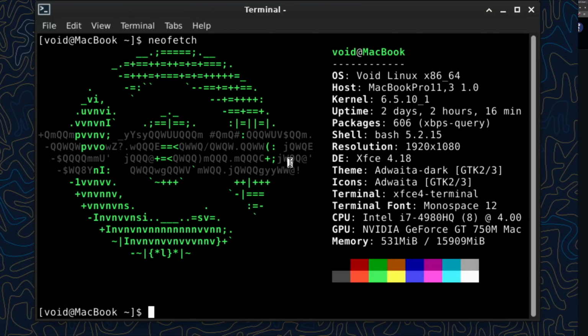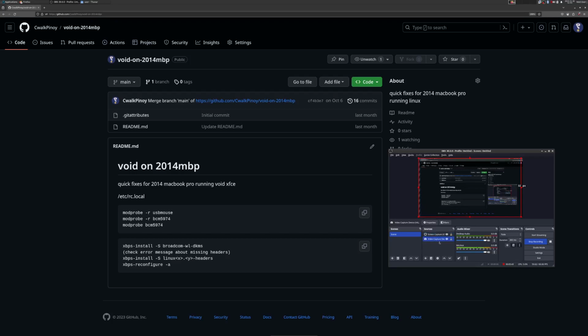The next thing you want to do, because you're not going to have Wi-Fi, is get an Ethernet adapter. You can get those for a few bucks. I had one on hand because my dad used Ethernet over Thunderbolt. And you need that to get internet, because the next thing you're going to do is xbps-install